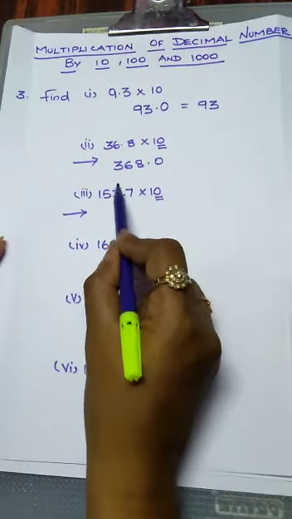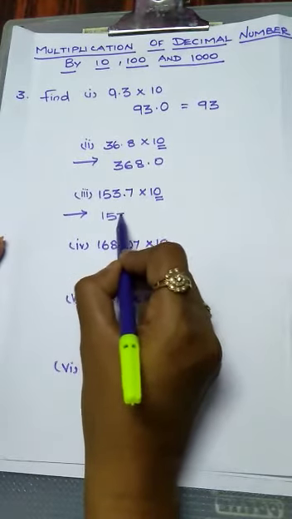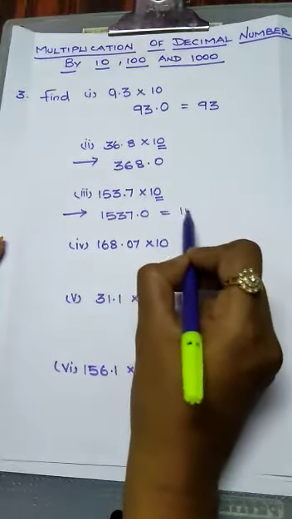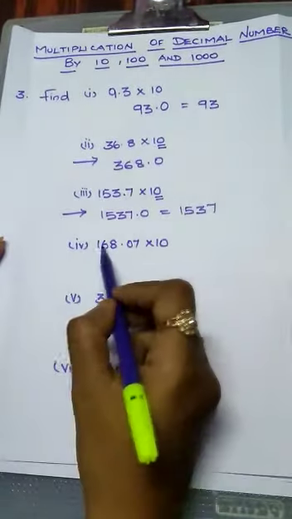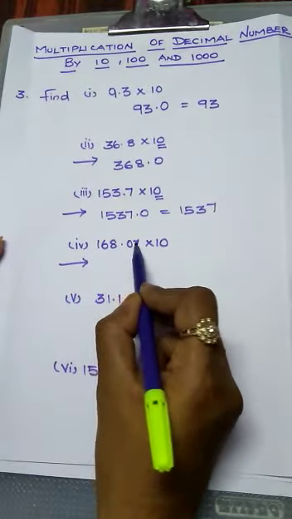So the decimal point moves one place only. Okay, so 1537.0. This is no value, no. So directly we have to take 1537. The next problem, 168.07. Now